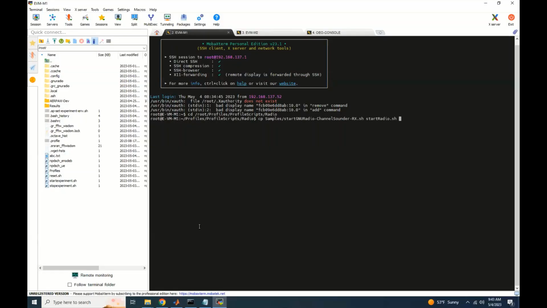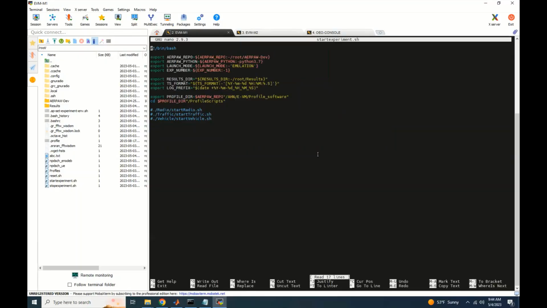I do shift insert. Now if I do ls, you will see there is the start radio.sh, which is copied from the channel sounder receiver script. I go back to the root folder by cd, and then I do again nano start experiment.sh,